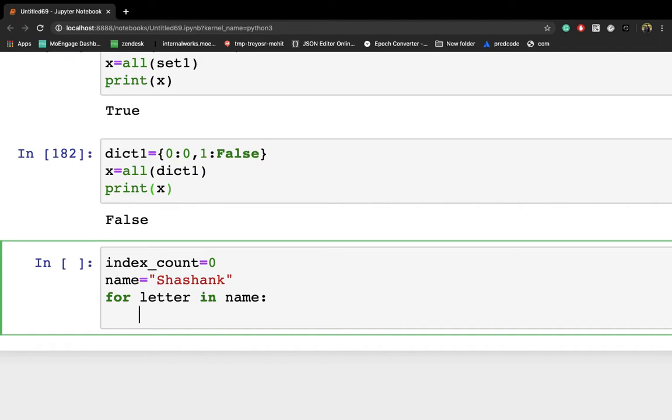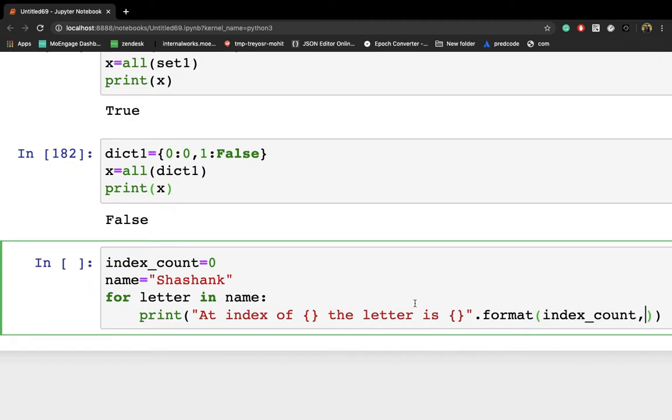What I'm doing here is printing: at index {} the letter is {}, and then dot format. Now we have to put index count here, and letter is letter.